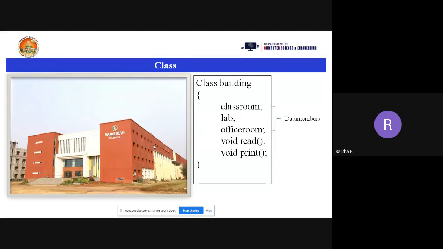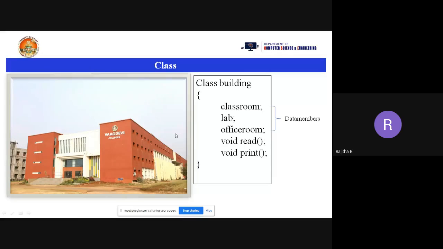So an object is also a collection of data members and member functions. Whatever members you declare in your class will be included in the object. But the main difference between class and object is that a class is a plan. It is a logical one, not the real one. But an object is a physical one. The memory will be allocated for the object and the memory will not be allocated for the class.